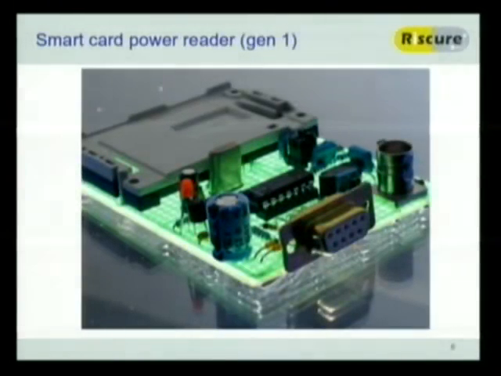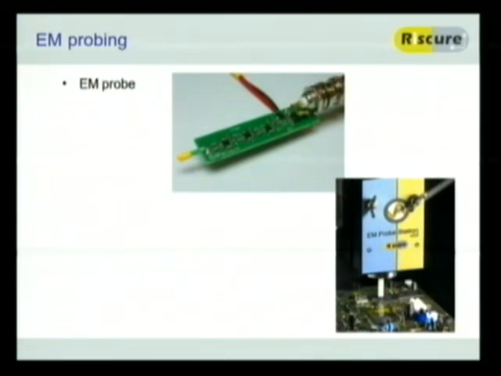Now this is an example of our first generation device that we hooked up just to do power measurements. It's basically nothing more than a serial controlled reader and a BNC connector. This way around, and a BNC connector there just for measuring the power. So it's actually not a hard build. Nowadays we put a lot more hardware into there to make it as noiseless as possible, but again, that's only necessary for the higher end targets.